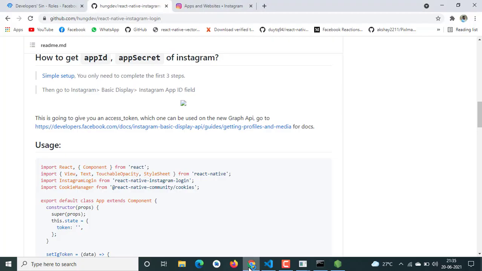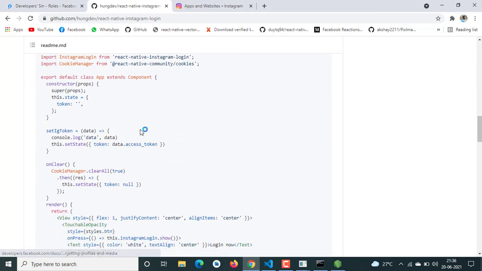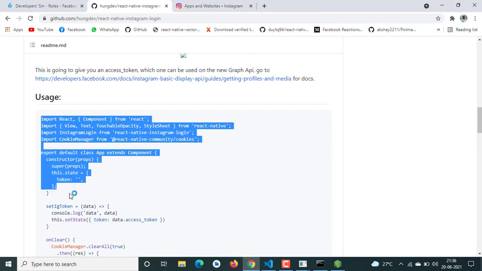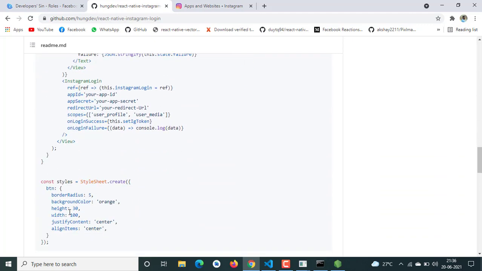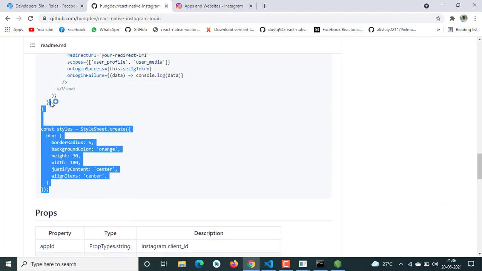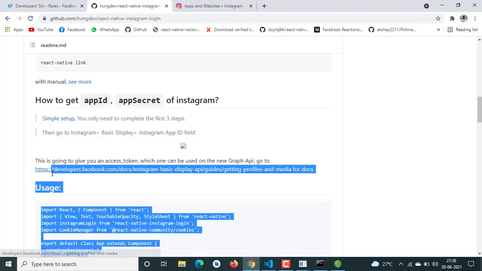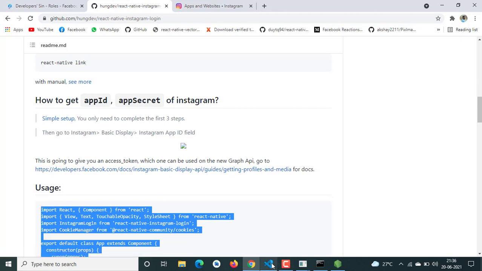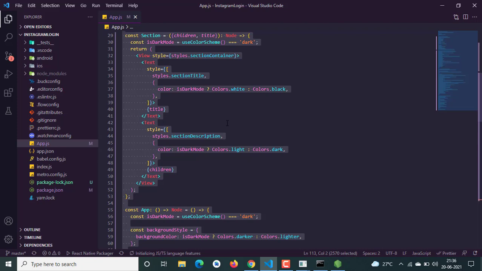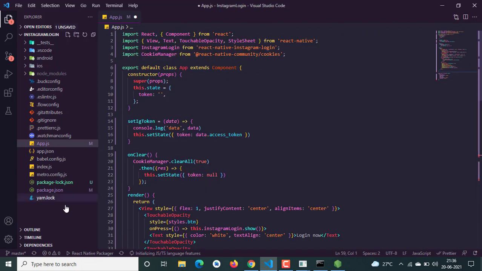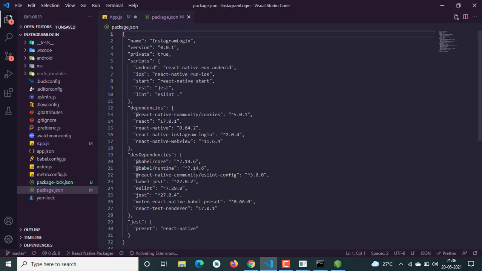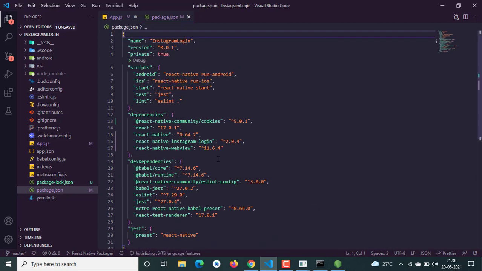Okay, so our app is running, and you can see everything is defined. You have a sample page, and I guess it works. So let me check. If we copy the whole page, and we're going to paste that inside our app.js, and also let me show you my package version and everything, because sometimes React Native is suddenly upgraded, then nothing is working. So my React version is 17.0.1 and React Native is 0.64.2,